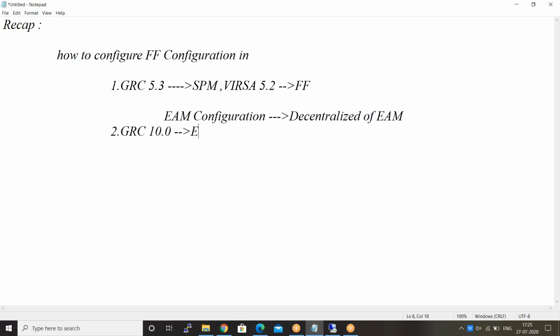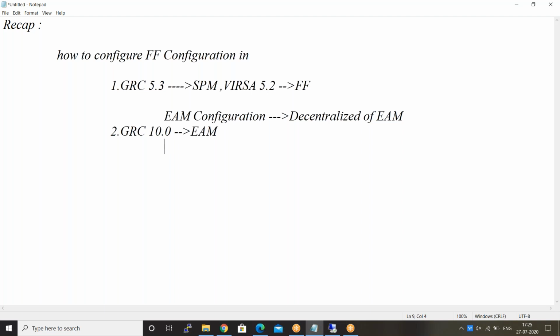Sorry, GRC 10.0. Here it is called EAM, Emergency Access Management. What are the features of GRC 10.0? It is purely EAM configuration on top of any ERP, purely on the application server.